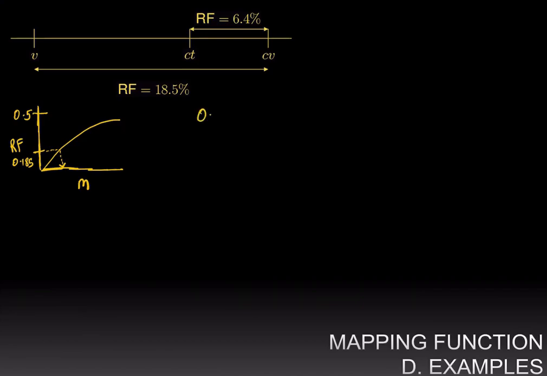And so 0.185 is equal to half 1 minus e to the power minus m, and we have to solve this